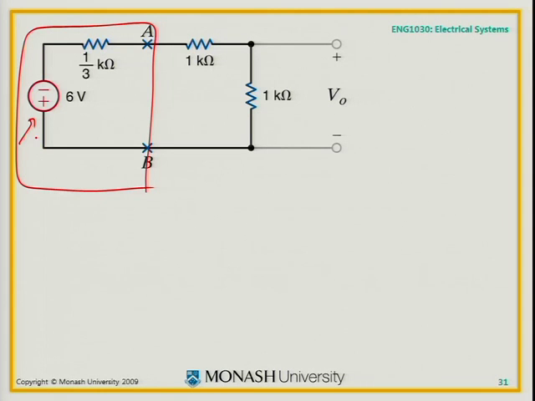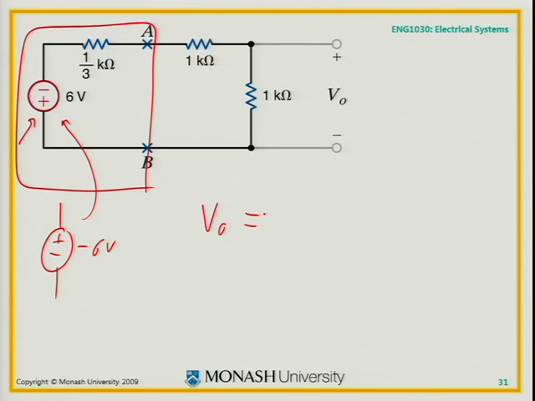I could have said that's minus 6 volts like that, but it's the same as flipping the plus and minus sign and writing 6 volts. So that's all we've done there. Thevenin resistance there, and you can then work out